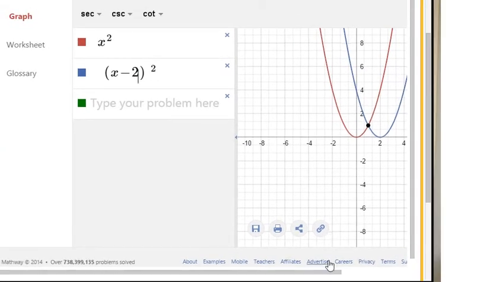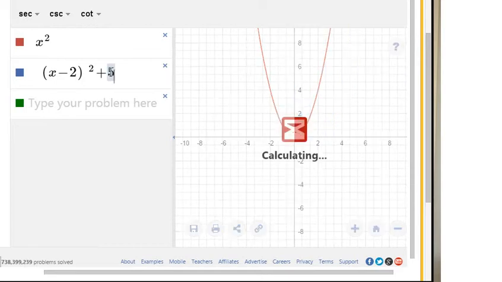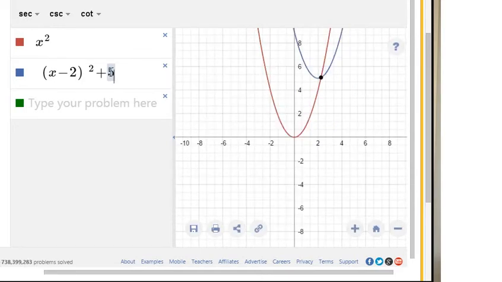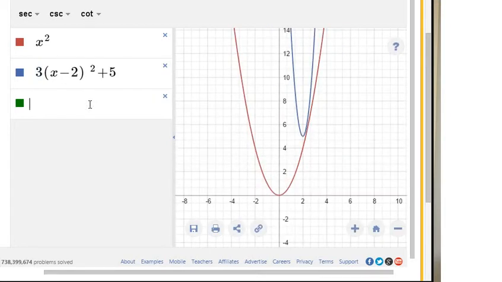And now what I want to do is shift it up 5 units. If I hit plus 5 here, that gets me right where I need to be. But now I need to stretch it vertically by 3. Stretching it vertically will make it skinnier. If I put the 3 here, it stretches it. But now if I add a second set of parentheses,